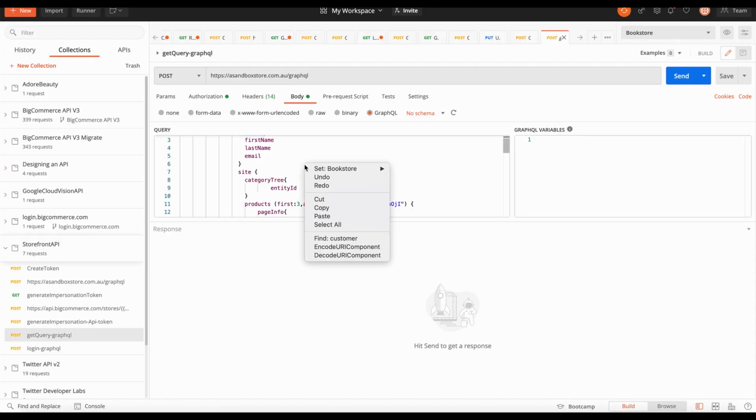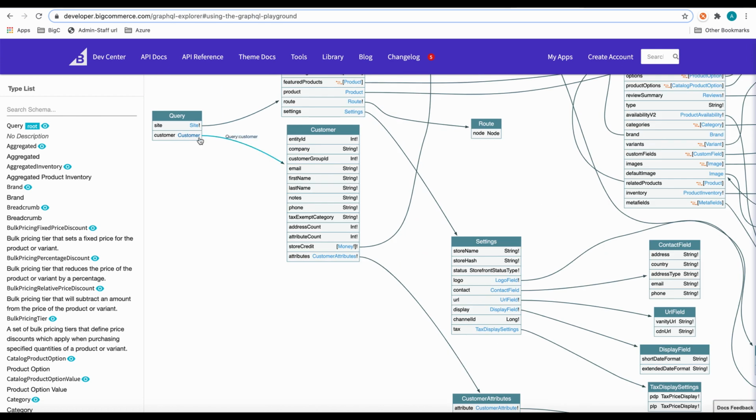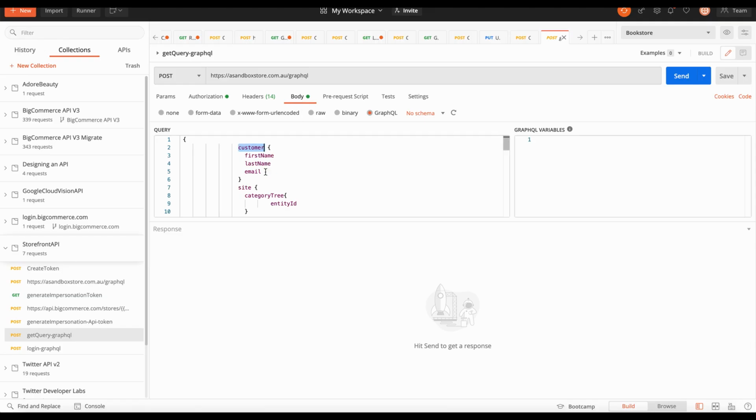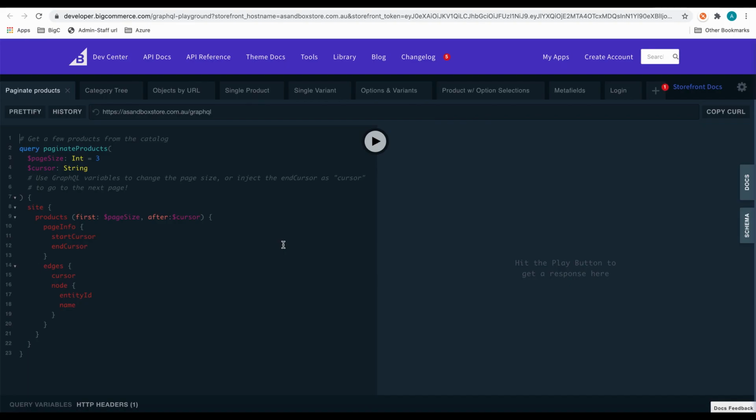Okay, so I am querying the customer, and also I am querying some data from the site object. Underneath site, I am fetching the category tree, and I'm filtering one of the products and getting some fields from there. It's been defined in the fragment. Once you run this query,